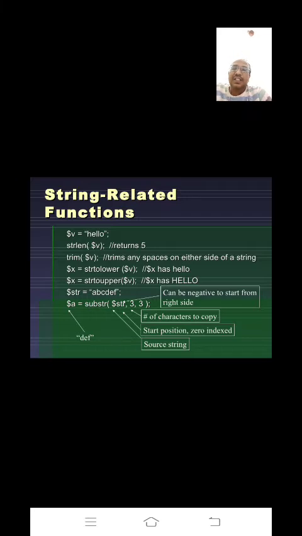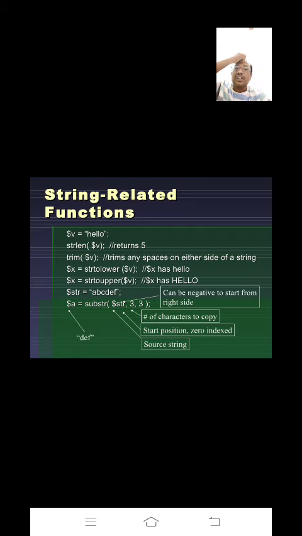Next, in $str you have one word. For example purposes you have taken ABCDEF. It is simply a string. So in the str variable you have the word ABCDEF. Suppose $a is equal to substr. Substr means substring: sub means sub, str means string.